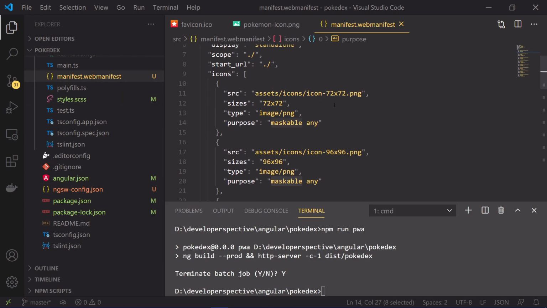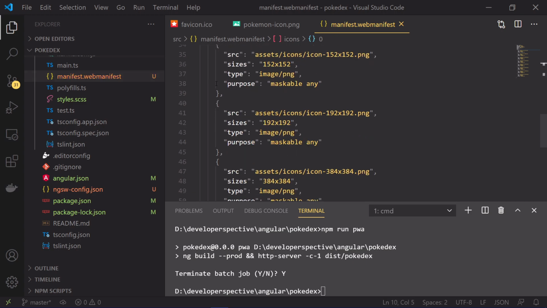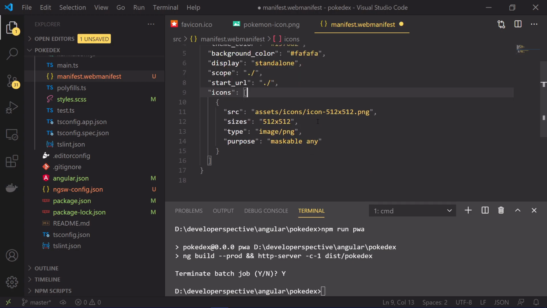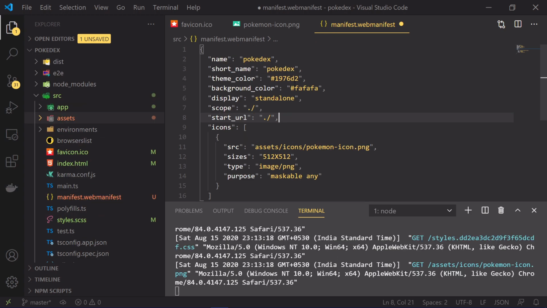Let me go ahead and update manifest.web. Here if you see, these are the different icons which have been used. Instead of this, I will just replace this with the one icon which I have. Use this icon as Pokemon icon. Now let me change the name of the application as well. As of now it is Pokédex, so I'll just rename the application as random Pokédex app. This was the final change I had to do with the application.